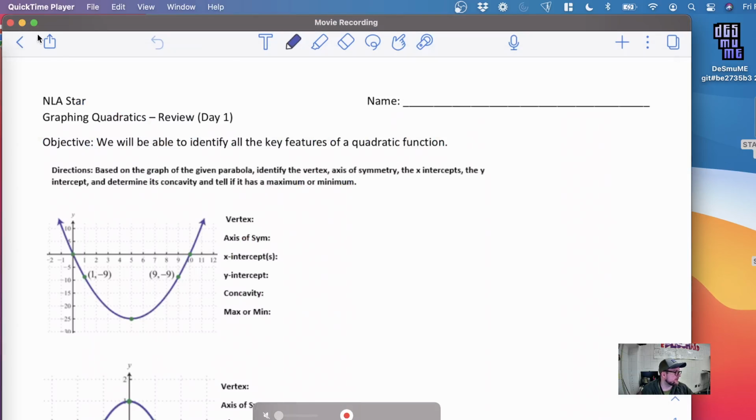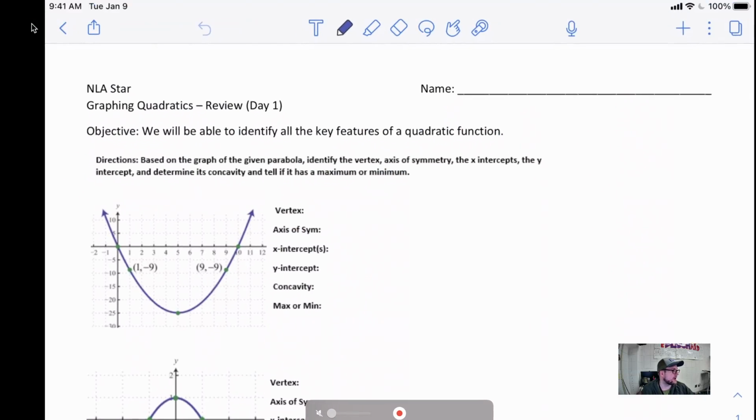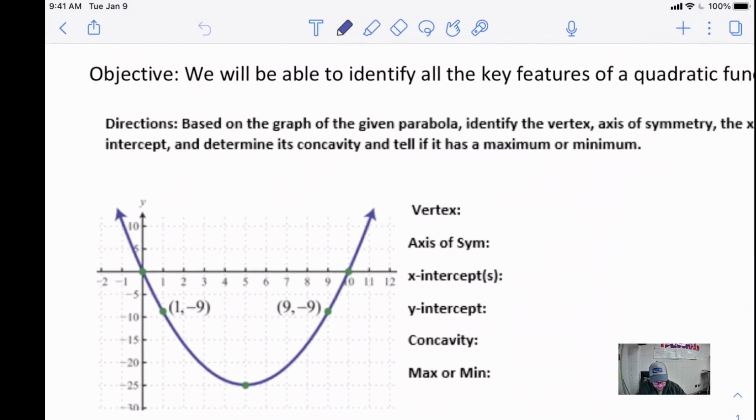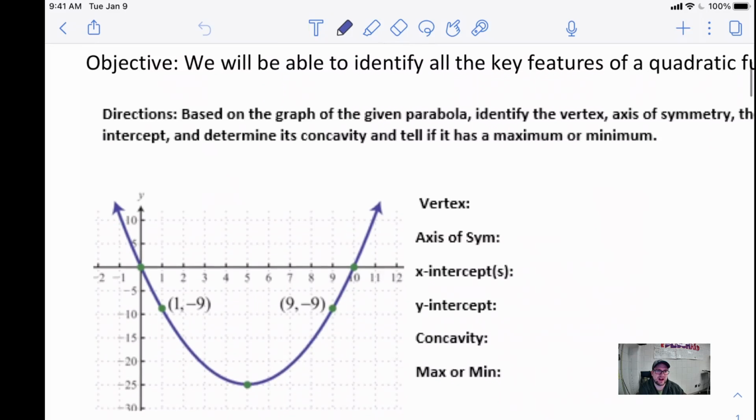Today we are going to be talking about our review for the test that we're going to be taking on Friday. So, looking right away, we talked about a couple of big ideas this unit. One of those is about parabolas and their graphs. Now, remember, on any parabola, the vertex is always the point that's either at the very bottom or the very top. So, in this situation, our vertex would have an x-coordinate of 5, and it would have a y-coordinate of